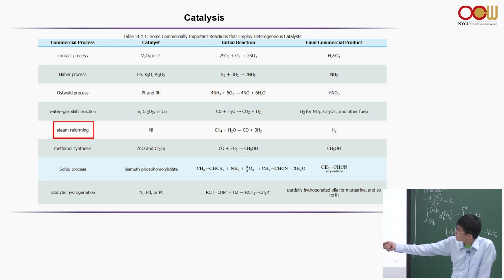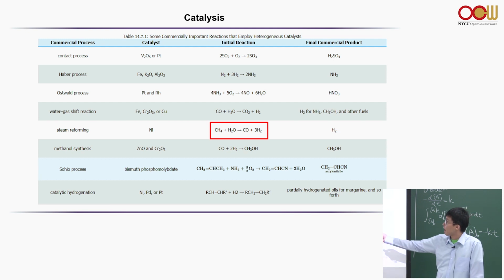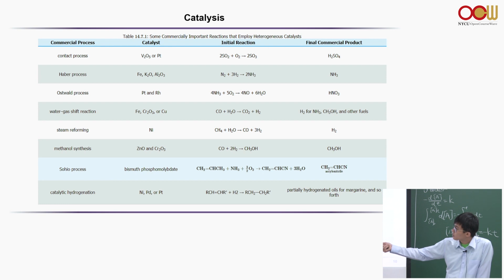And finally, steam reforming reaction and the water gas shift reaction, okay? We can convert methane into hydrogen, okay? And there's an efficient process to separate carbon monoxide from the hydrogen, then we get a fuel. And I skipped this, the water gas shift is where we can convert carbon monoxide into hydrogen, okay? So these two processes are very important because now we already have the technology for hydrogen fueled cars.